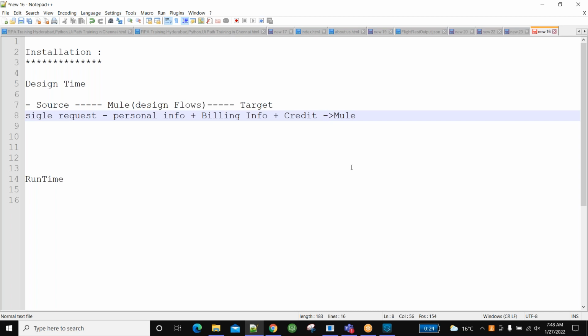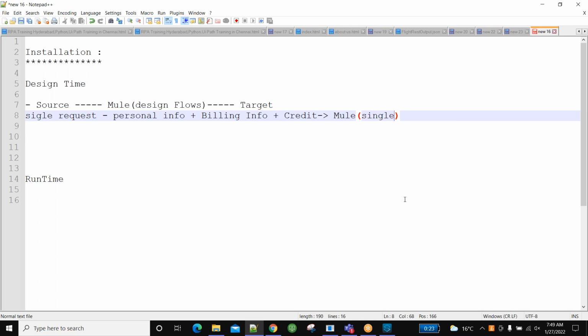But as a software developer, we assume that Mule was introduced in between. So at that time, all this information will be reaching Mule. This is my normal business case, a normal real-time example. A single request will reach here.